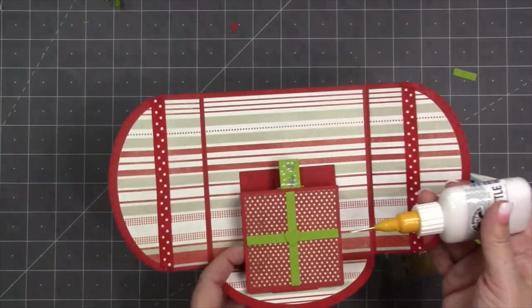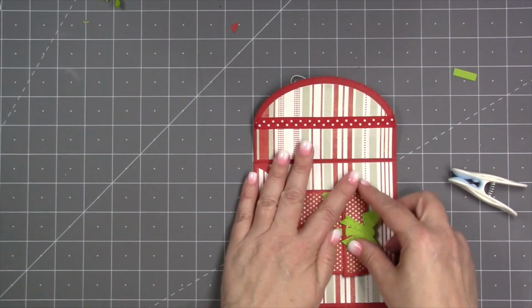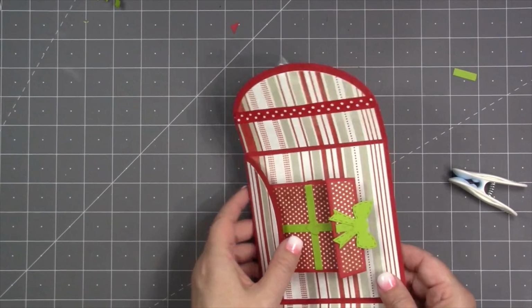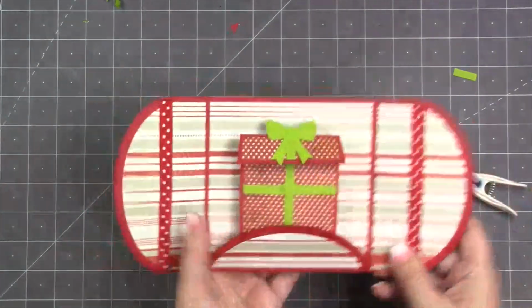What I need now to do is add the adhesive to that green slider rectangle part, and then I think it's easiest to get the rectangle all the way down into the box and then close it up, and then give it a good press so that it will attach to that green slider in the right position. Okay, so the pop-up is working nicely, and all I need to do to finish out this card is add